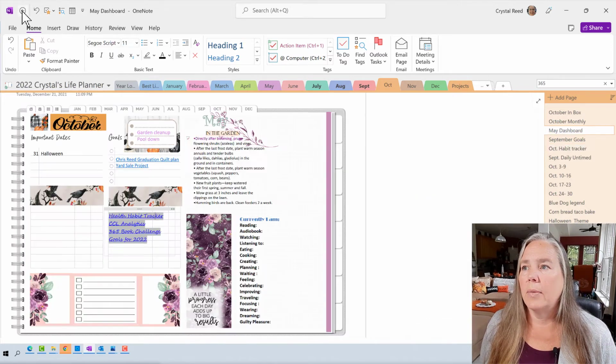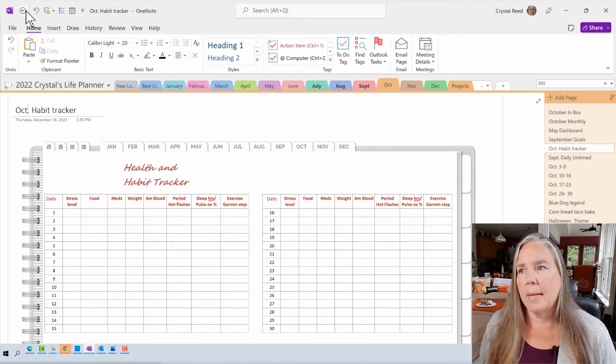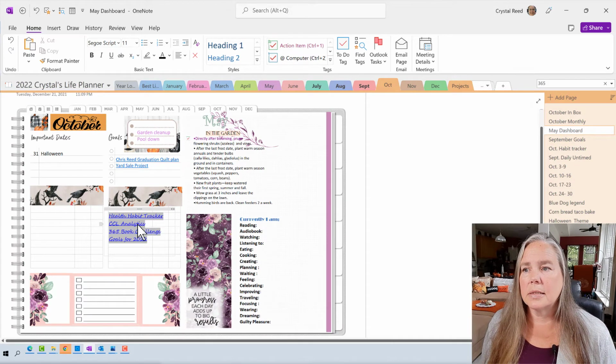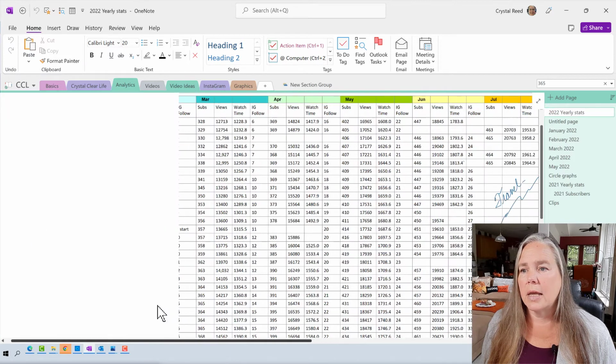There we go. Now when I hit my back button and go back to my dashboard, click on my habit tracker, it takes me to my habit tracker for October. Okay. All right. And same thing for my Crystal Clear Analytics. That link takes me to my yearly analytics where I track my views and all of that kind of thing,